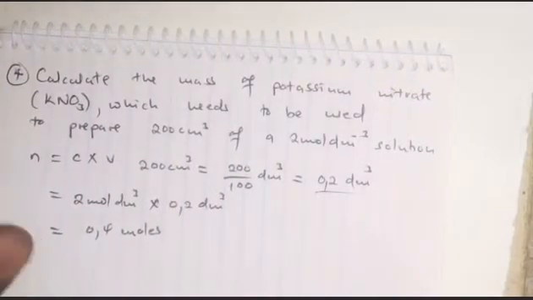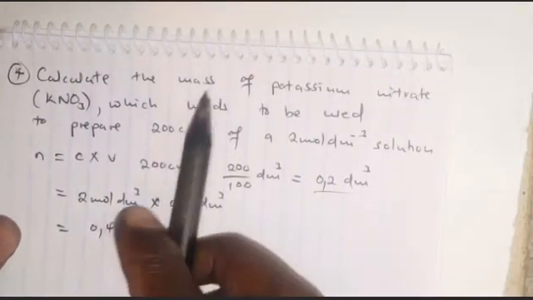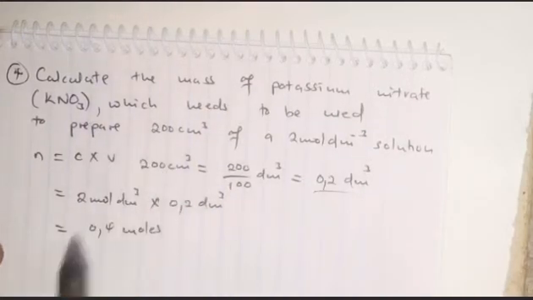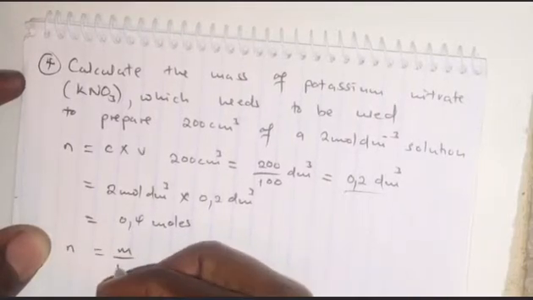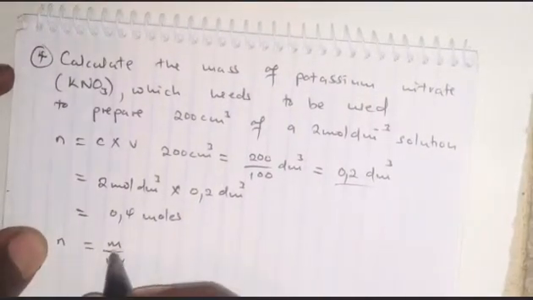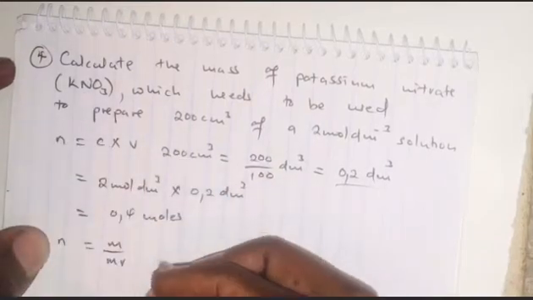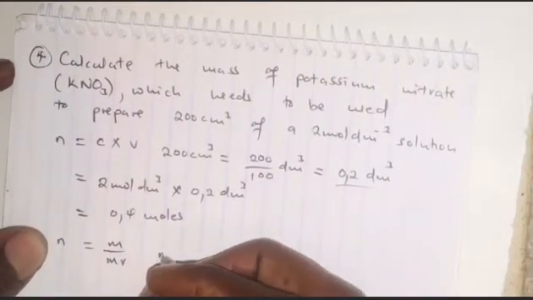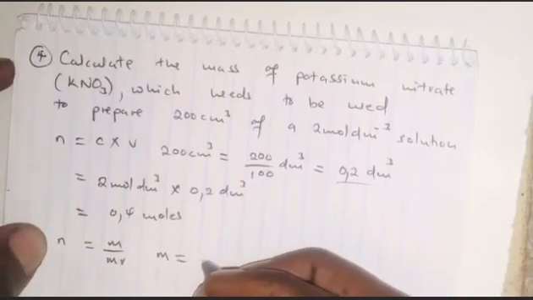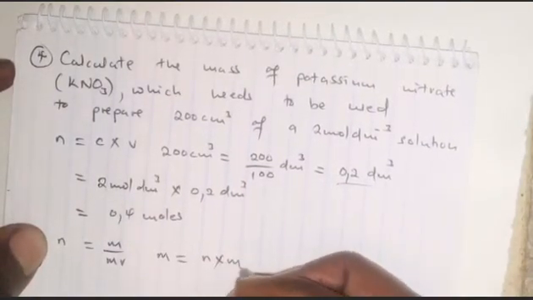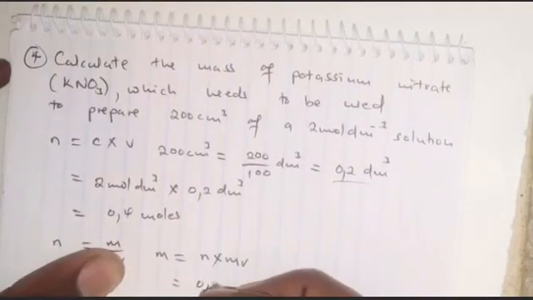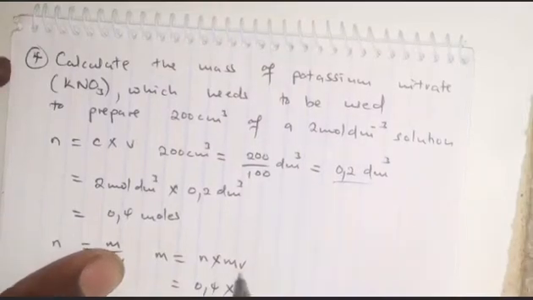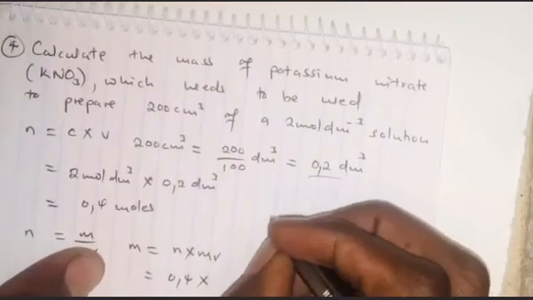So 0.4 moles. Now to calculate the mass of potassium nitrate, I'll say the number of moles is equals to mass over molecular mass. Then I'm looking for the mass of potassium nitrate. So the mass is equals to, making m subject of formula, number of moles multiplied by the molecular mass. Then the number of moles, I've got 0.4 multiplied by what? The molecular mass now of potassium nitrate,